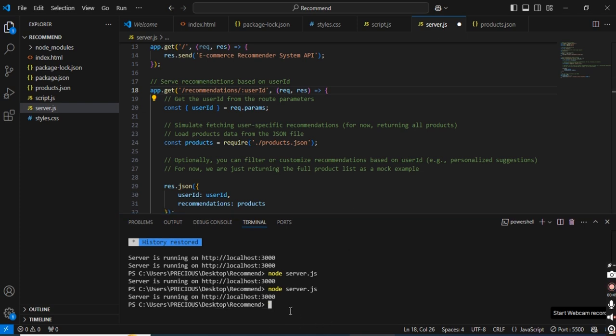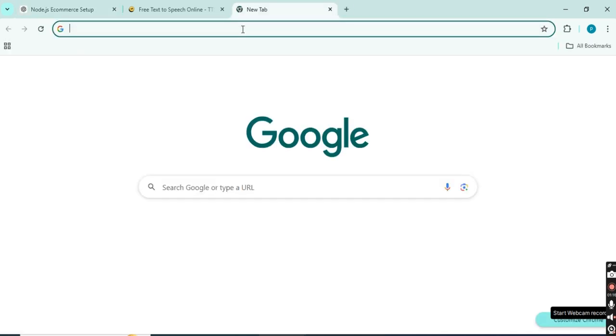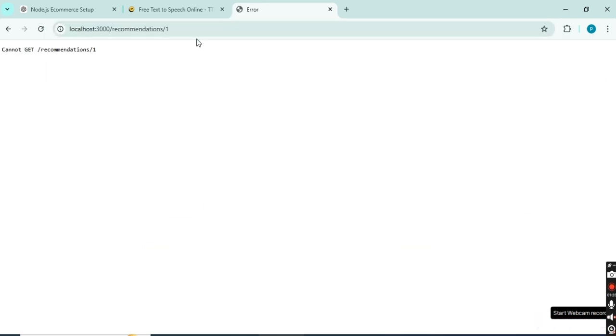So, I go ahead and follow this advice. I hit Ctrl+C in the terminal to stop the server, and then I type in node server.js once again. This time, when I hit enter, I get a nice confirmation message that the server is running at port 3000, which is a great sign that things might be back on track. To confirm if everything is now working as expected, I return to ChatGPT and copy the testing link it provided. I then open a new tab in my browser and paste the link to check if the issue has been resolved. However, I'm still seeing the same error message, cannot get